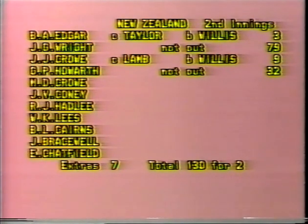130 for 2 at the close. Wright 79, Howarth 32, and what a good partnership that was. We pick up play in the